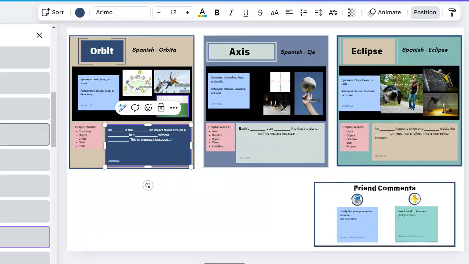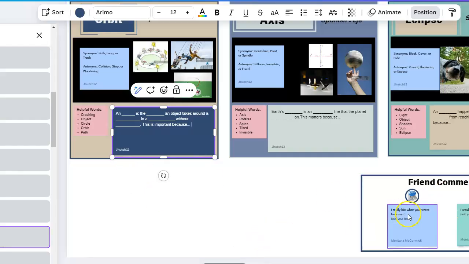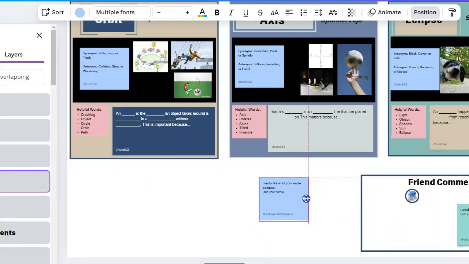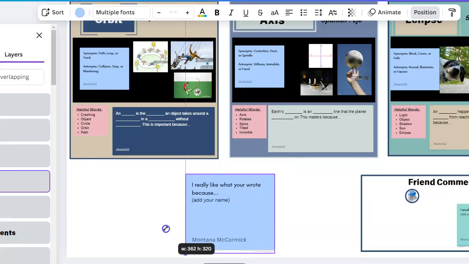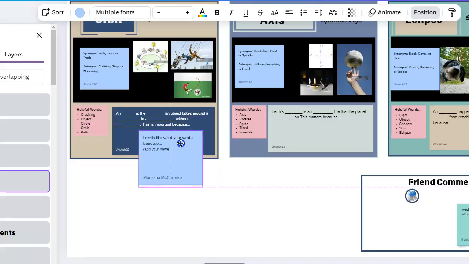Alright, zooming out. And then when we are done, we are going to be responding to our peers. So we're going to go to our friend's assignment, and we're going to zoom in. Again, I can't move it, but we'll look at this. So you take a sticky note. I really like what you wrote because. And then you say, Johnny filled this out, made a very beautiful response, and we just write what we like. I really like what you wrote because you were able to